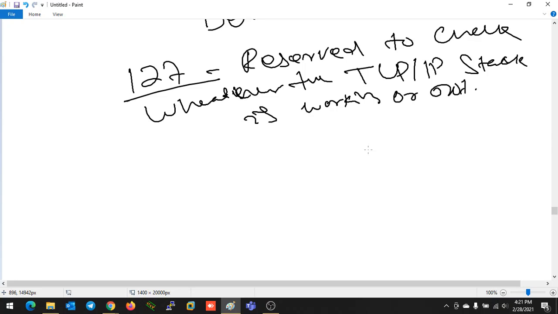We need a driver installed on our device to make my operating system understand that this is a NIC, or a keyboard, or a mouse, and the device should work according to that.